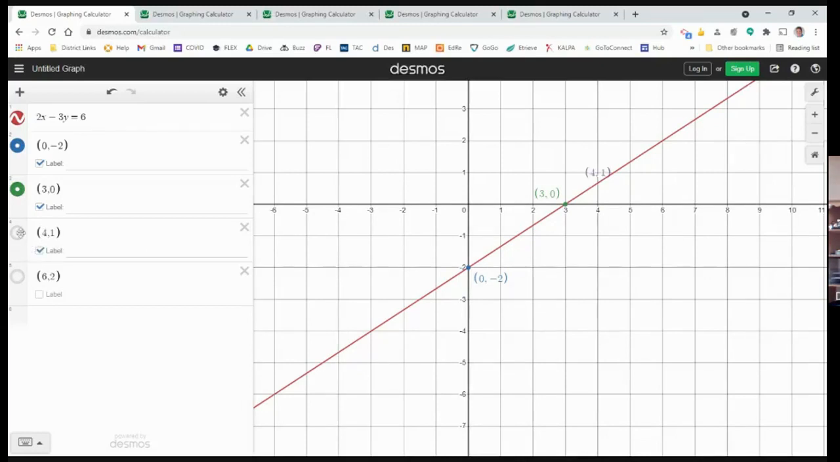If I turn on the label, (4, 1) is not a solution to the equation because 4 times 2 is 8 minus 3 times 1. So 8 minus 3 is 5. It's not 6. So that is not a solution. (6, 2), that is on the line. So that is a way to find a solution to an equation graphically as opposed to having to do it algebraically